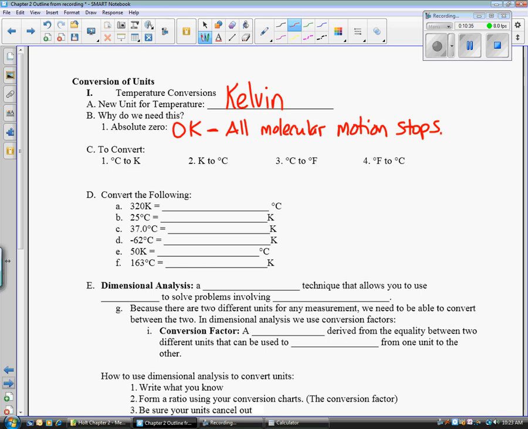Now, the conversions are super easy. You're going to love it. From Celsius to Kelvin, you take your degrees Celsius and you add 273.15, and that equals Kelvin. If you want to find Celsius and you're given Kelvin, you take your Kelvin, you minus 273.15, and